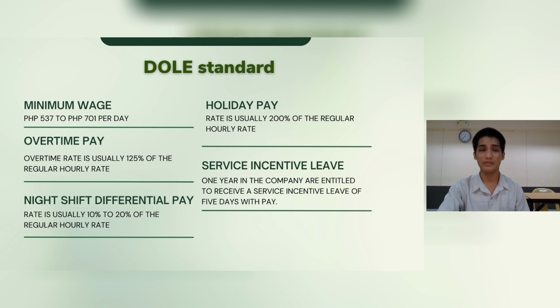They can also face reputational damages and difficulty attracting and retaining talented employees. Thirdly, the night shift differential pay. Employees who work during the night are entitled to receive additional pay, known as the night shift differential pay. The night shift differential rate is usually 10% to 20% of the regular hour rate, depending on the industry and